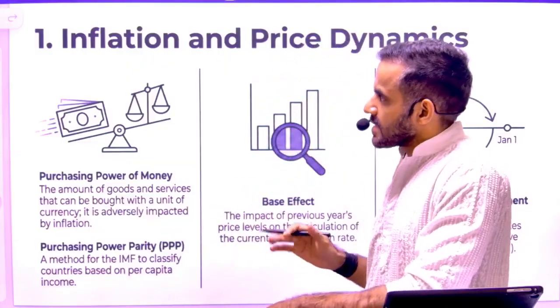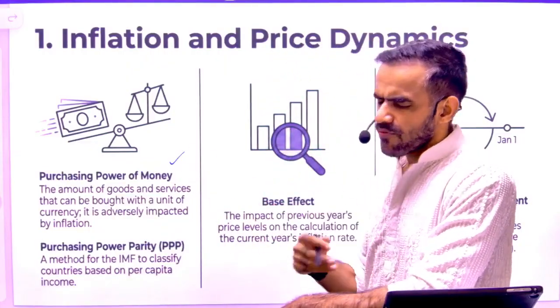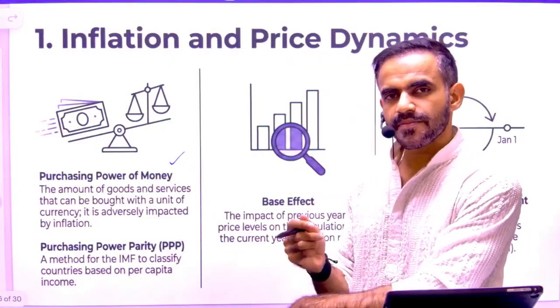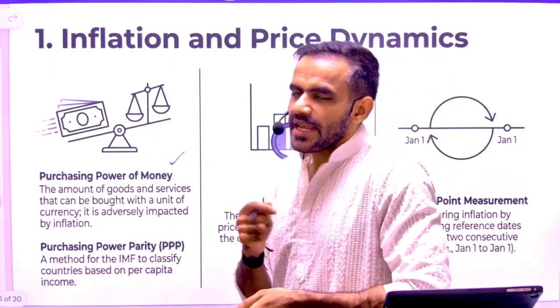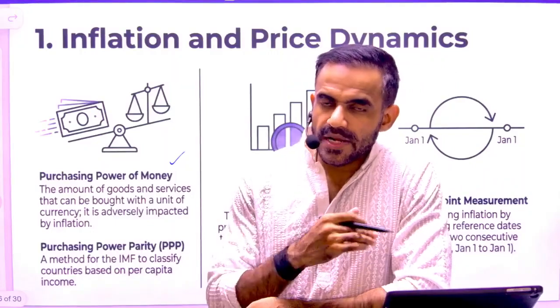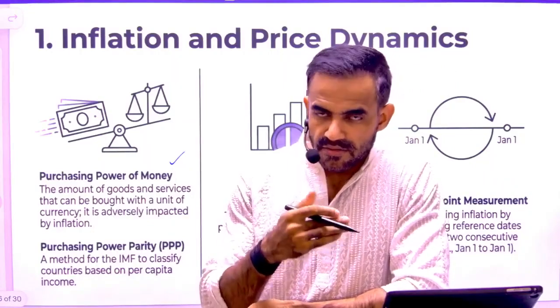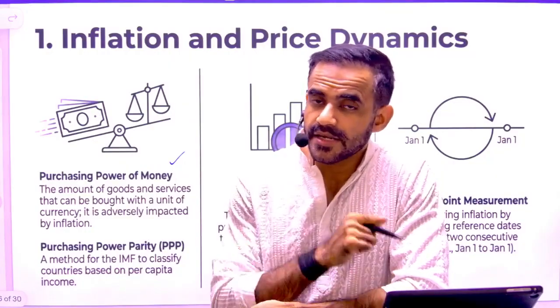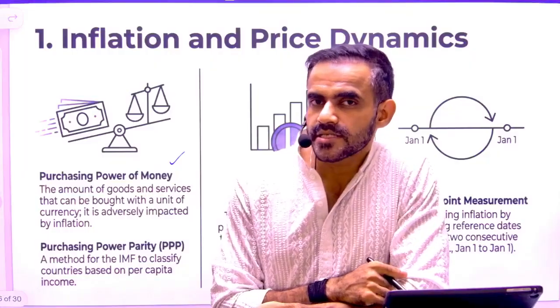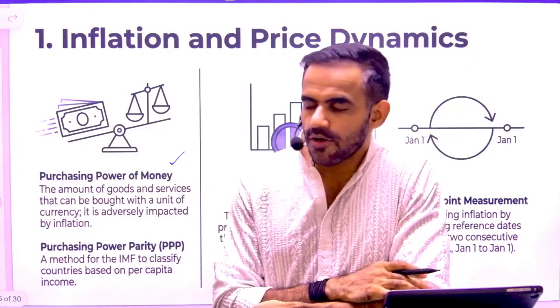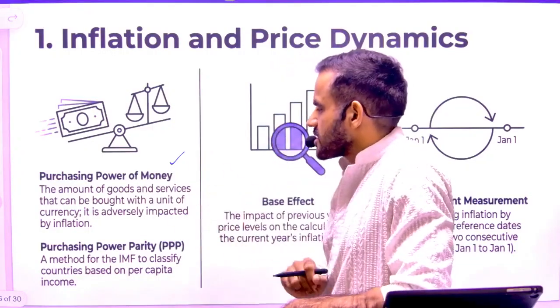Okay, now understand the concept of purchasing power. We have already seen that inflation reduces the purchasing power of money. Purchasing power of money simply means how many items can be purchased from that amount of money. Similarly, over a period of time, inflation increases. That means the price of products increases. If the price increases, that simply means the capacity to buy items goes down. So that is nothing but purchasing power.